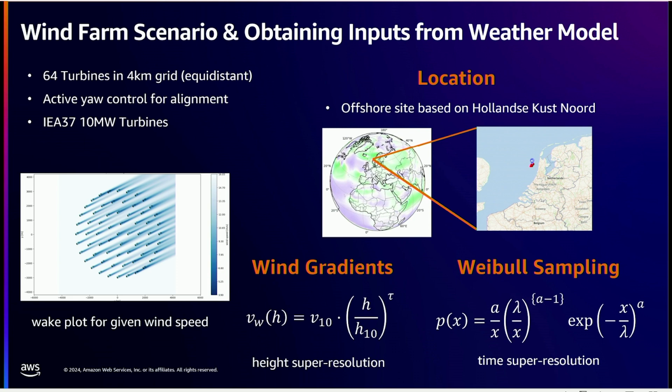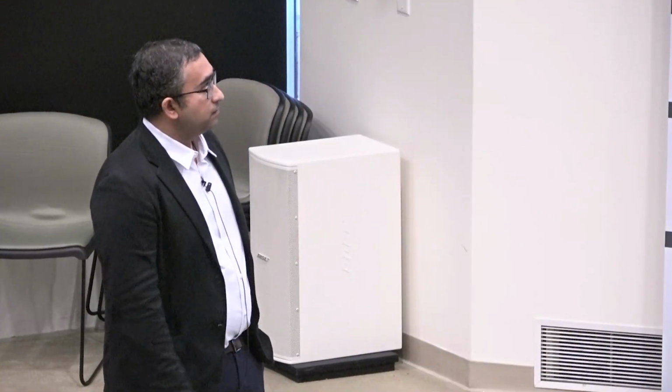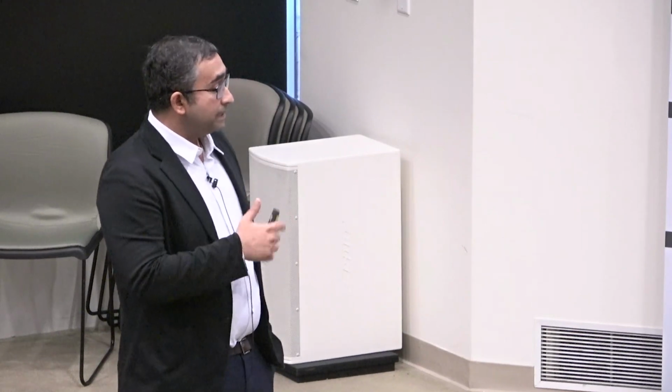Primarily, right now, people are using empirical models such as this power law one here, with a constant tau, which is calibrated, for example, for stable air over the ocean or over a landmass, and that really changes the value of tau. One thing we want to look at is using a machine learning model which takes into account the local geography, the topology, and uses that and other weather conditions, and uses that to understand how exactly the height